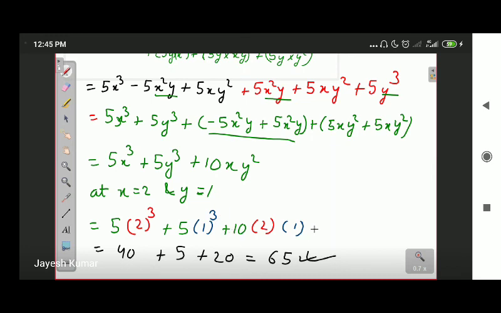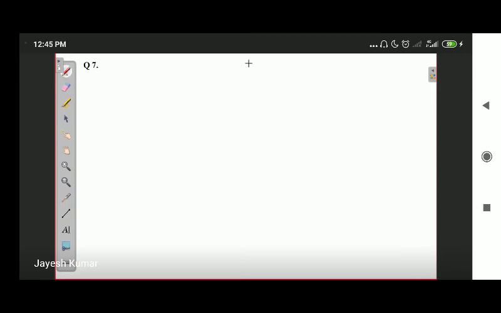As we have done question number 5 and question number 7, you can also do question number 6 and question number 8 in the same manner. So I will leave question number 6 and question number 8 to you, along with the remaining part of question number 3 and question number 4. Now let's move on to question number 9, as we have covered question number 7.